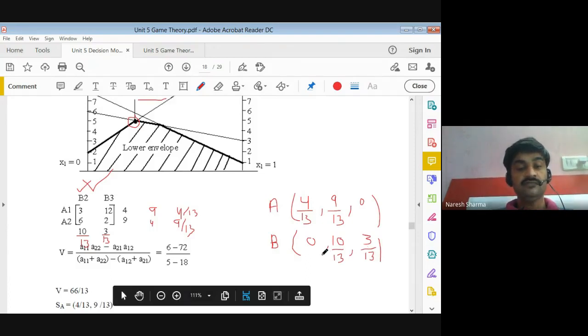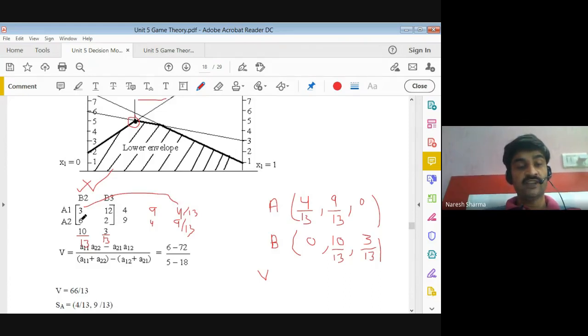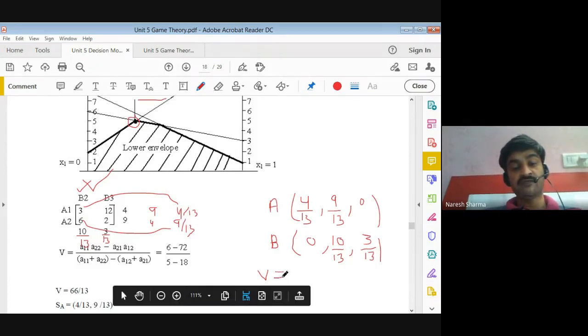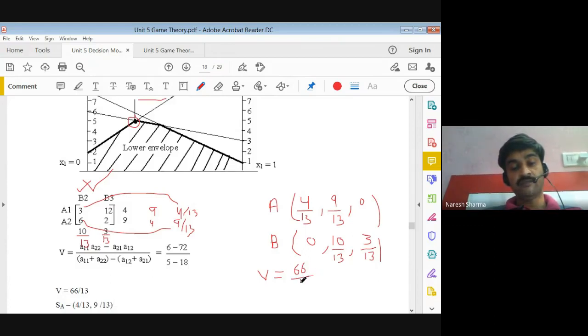Right? Now after that we are interested to find the value of the game. So value of the game is v. So we just multiply this by this, 4 by 13, that probability, and this by this, 9 by 13. So if you multiply, this is your 4 into 3, 12, and this is your 54. So we can add your 12 plus 54, which is your 66, and LCM here is your 13. So this is your value of the game.